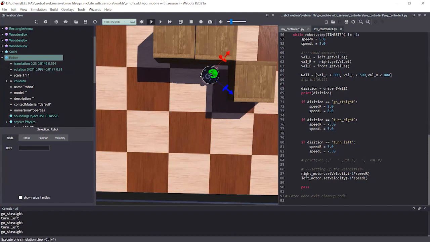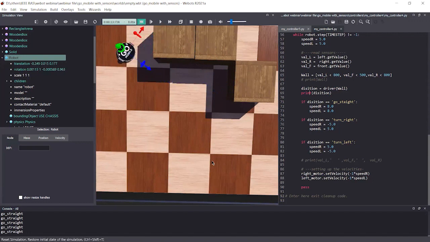Then the driver says go straight, but the robot is still not in a good position to go straight, so it goes through this wall and then tries to go like that.